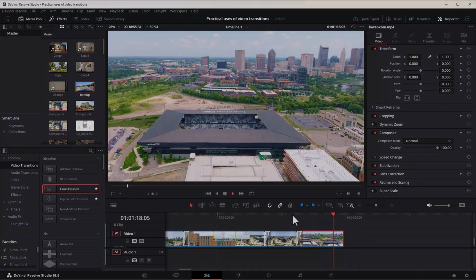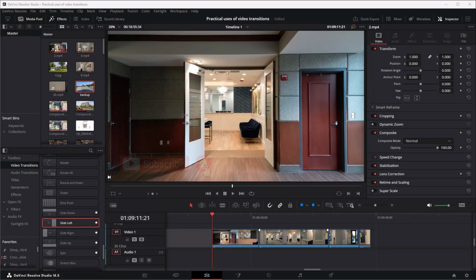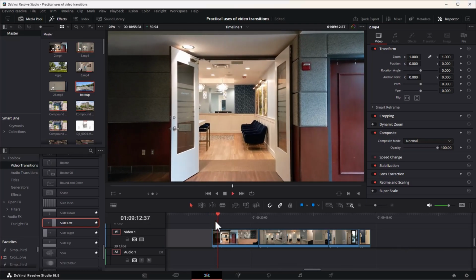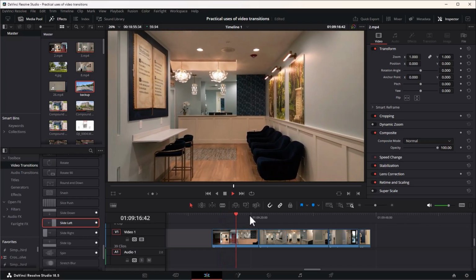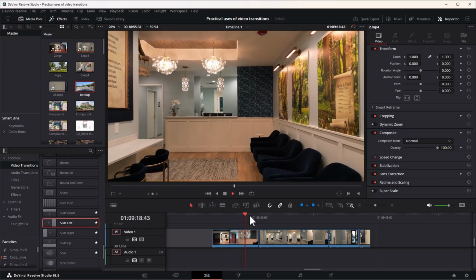In this example, we're going to fly in an office space with a smaller drone, which is a DJI Mini 3 Pro. So if I start to play ahead here, you'll see it fly into the lobby and go into the hallway